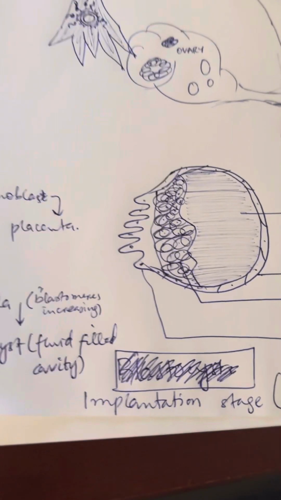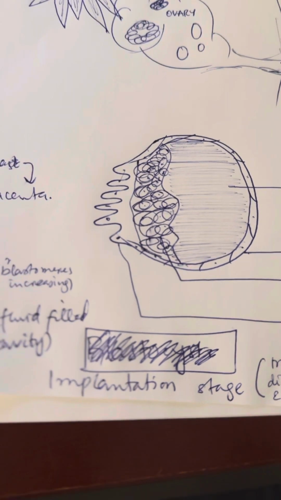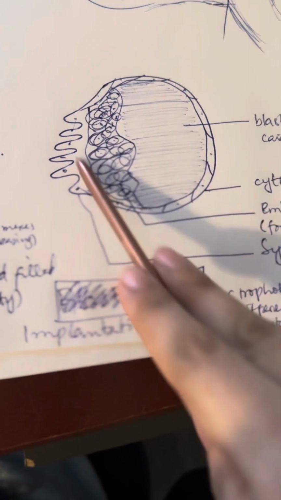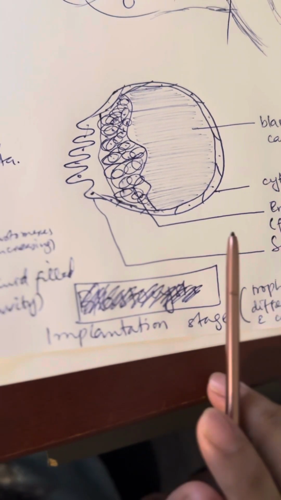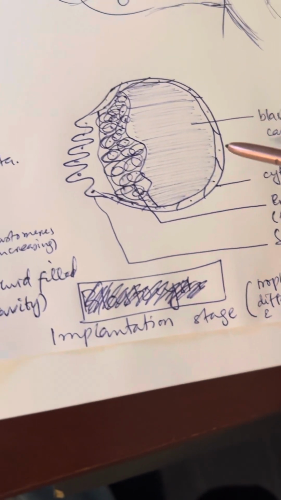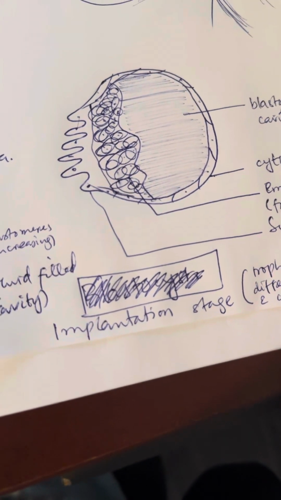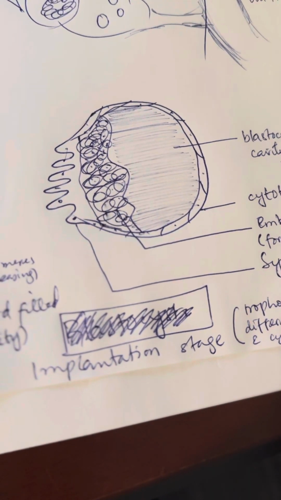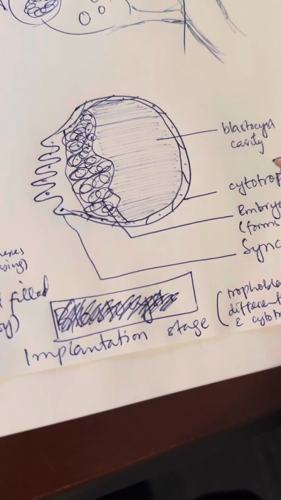Okay, so at the stage when the blastocyst implants itself to the uterine wall, it looks like this, and there are the names of the different parts of it. The two main parts are the embryoblast and the trophoblast. The embryoblast is the part that is going to form the embryo later on, and the trophoblast is